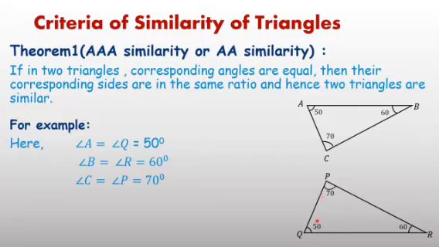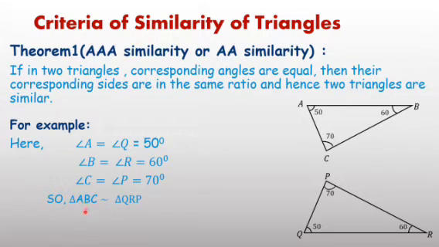In proper order you have to write. Triangle ABC is similar to triangle QRP. In same order you have to write. There is importance of order if symbol you are using. Triangle ABC is similar to triangle QRP in proper order written. It implies first angle A equal to Q, second angle B equal to R, and third angle C equal to P. In proper order you have to write triangle ABC is similar to triangle QRP.